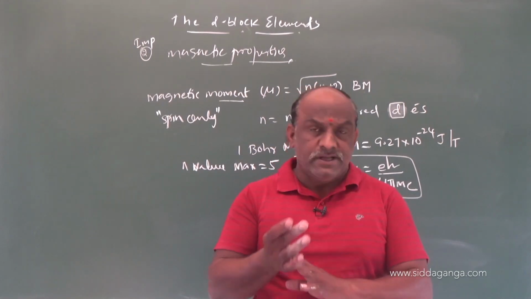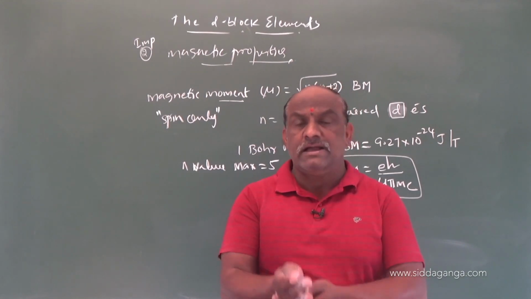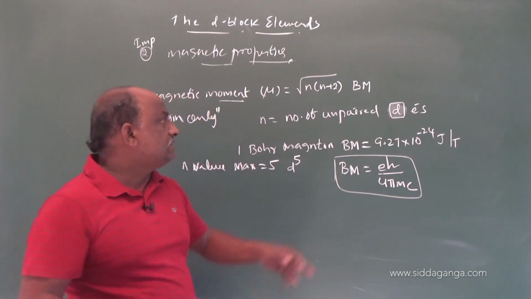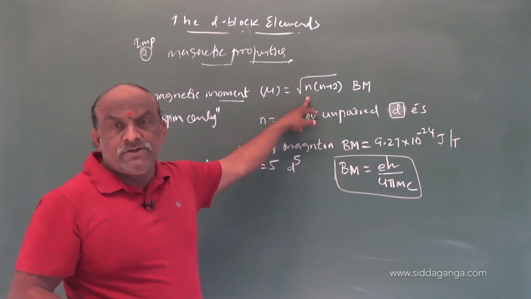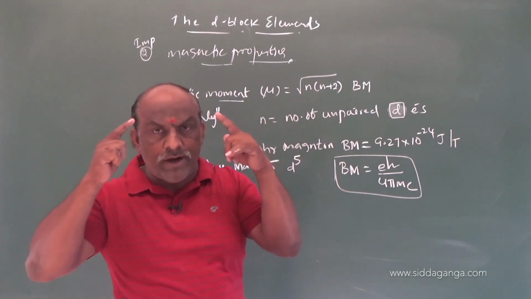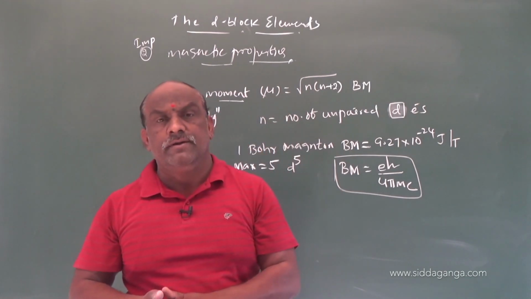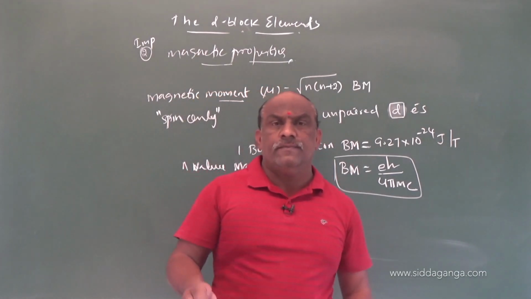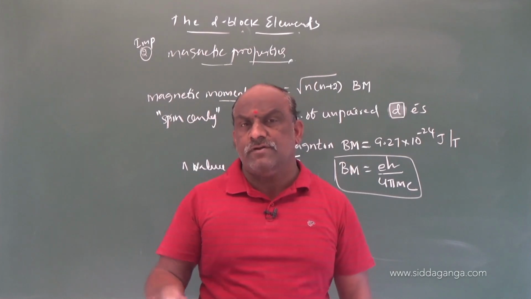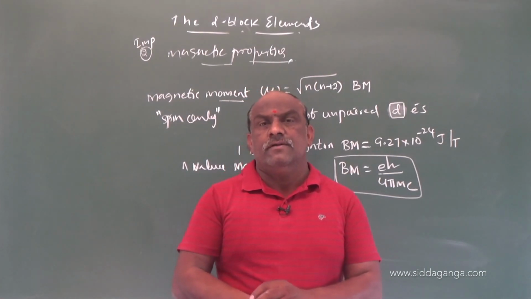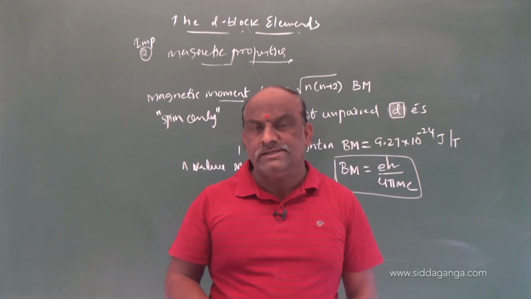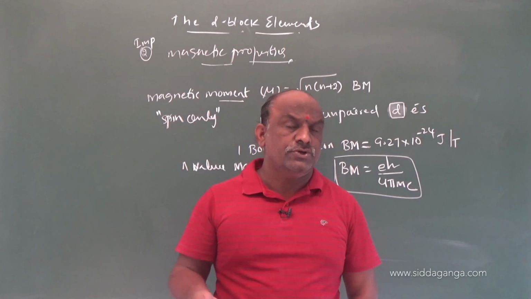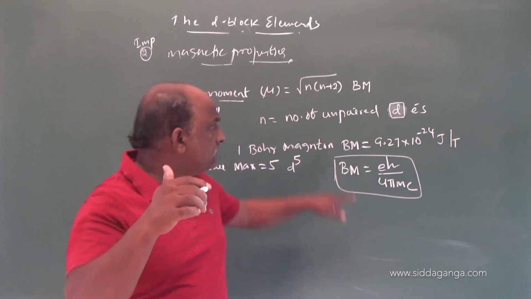Based on this, we have to decide which substances act as paramagnetic or diamagnetic, and express it with this mathematical equation. So my dear students, keep this equation in your mind, because it is very important. From an examination point of view, they may ask which of the following are paramagnetic, which are diamagnetic, and what are the magnetic moments of Fe2+ and Fe3+. For this type of question, you should apply this formula.